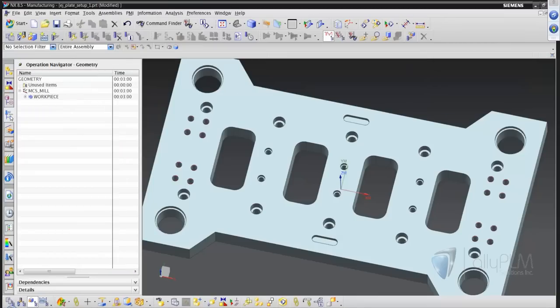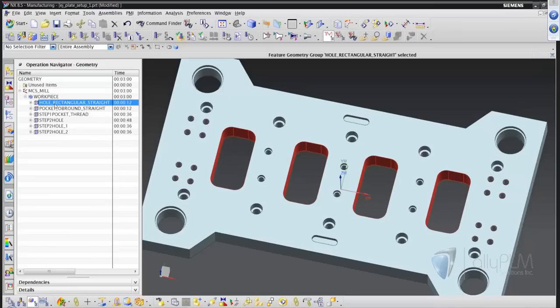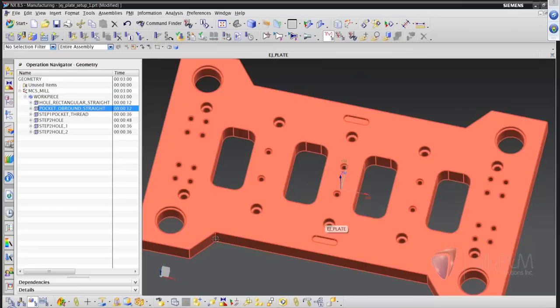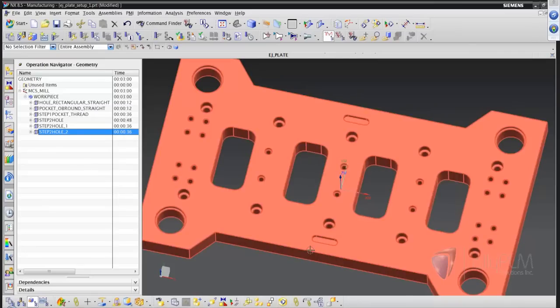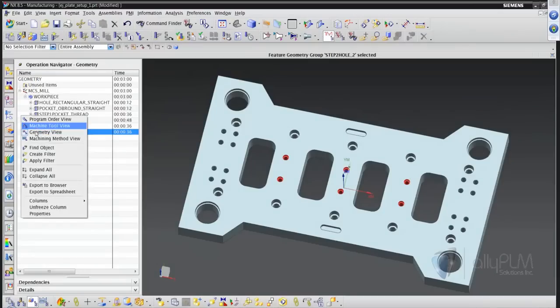Now I'm going to go to the Operation Navigator. I'm in my geometry view. And notice now we have feature groups. You see that it's grouped these rectangular through pockets. We have our keyway slots grouped, our threaded holes, counterbore holes on the outside, and then the smaller counterbore holes. If we expand this,